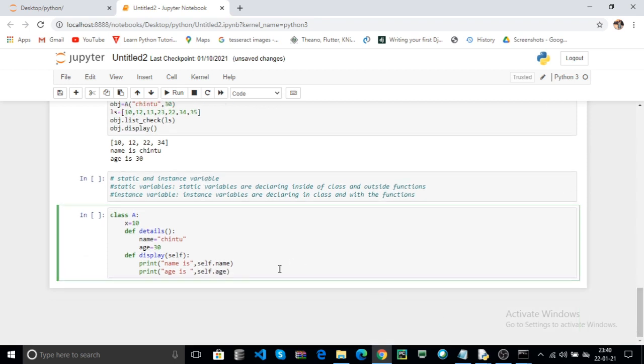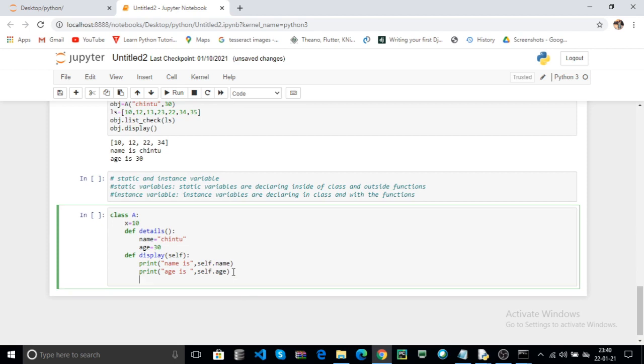Now here you can also access the static variables using your class name, that is, your class name is A dot the static variable x, because x is the static variable. That means you are declaring a variable within the class and outside of functions.